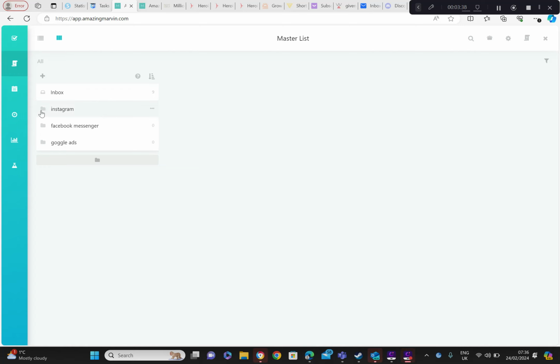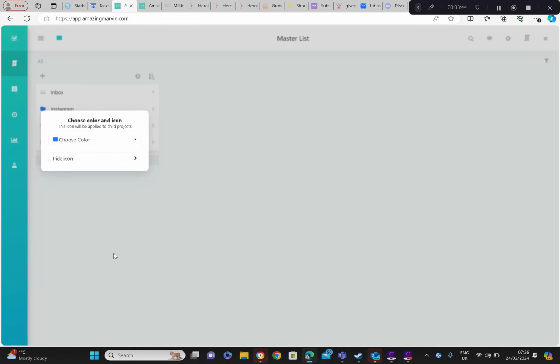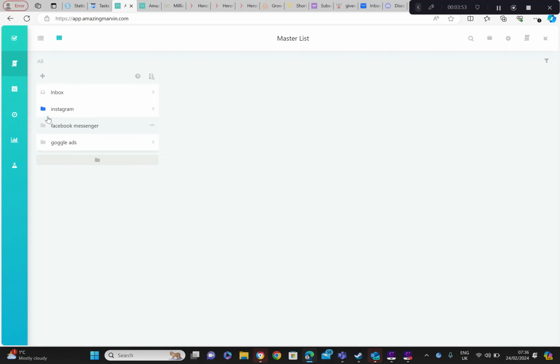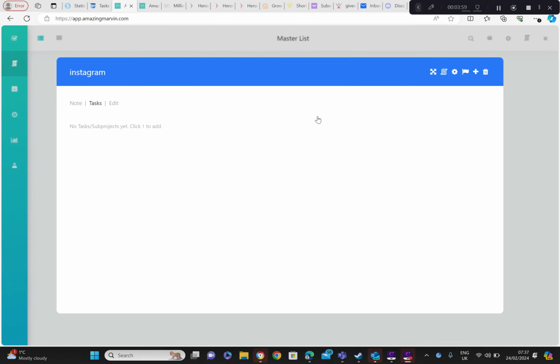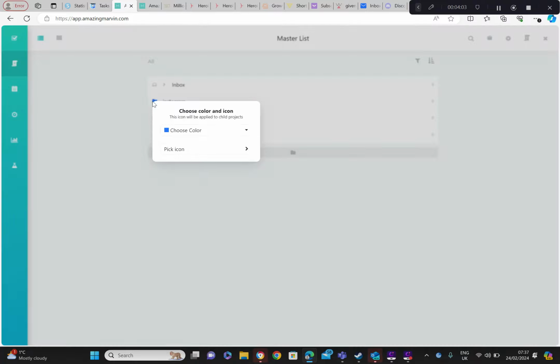Another thing you can do for each icon is choose a color. So you might want blue, and then it changes to blue, and then you might want an icon, so you can do that, and the same with Facebook Messenger as well. And then as you get into that folder, or I'll just come out of it to show you, if you go into